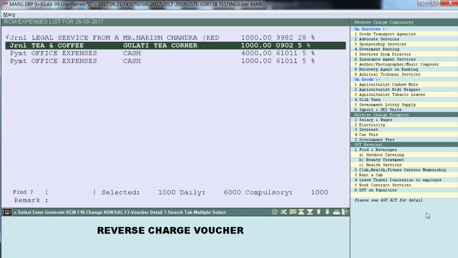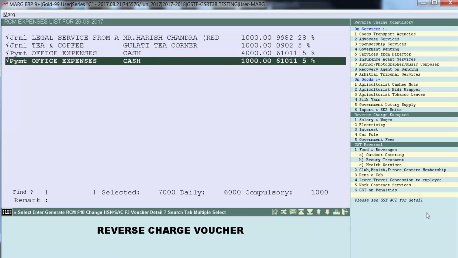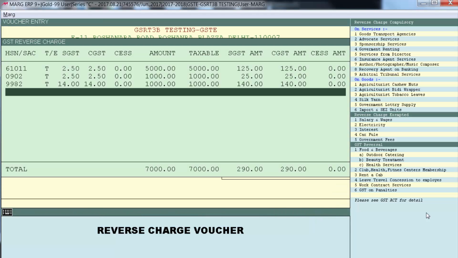The ones that are already ticked are compulsory expenses. So we have to do reverse entry of all of these. So let's select all of these. Enter. So the summary of all the expenses has appeared. This summary appears according to the HSN code mentioned in the ledger for expenses that you have done through payment or journal, and the HSN code that you defined in the entry you made in GST inward. You can view this summary and make changes if you want. Then press escape.